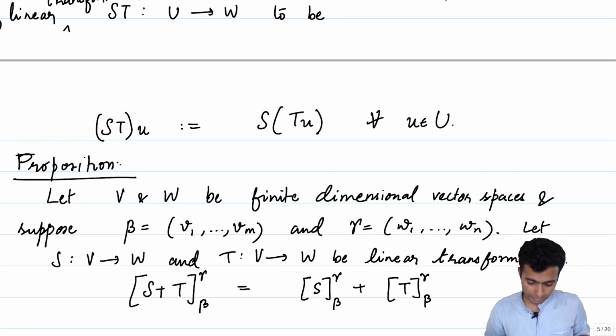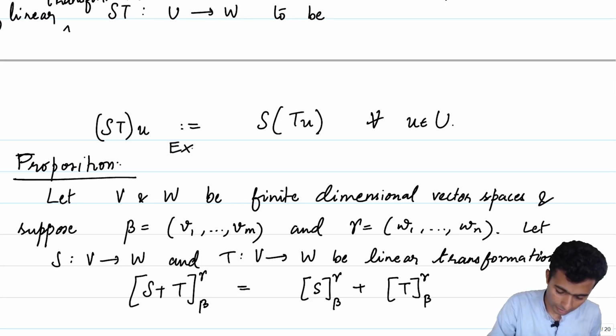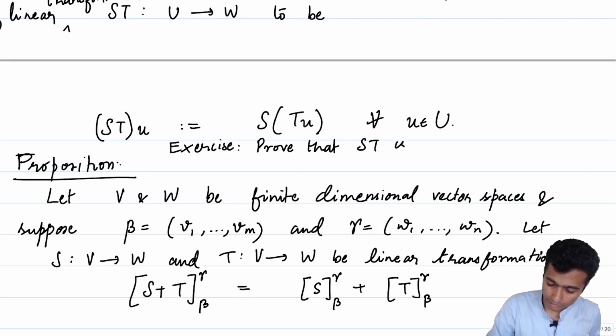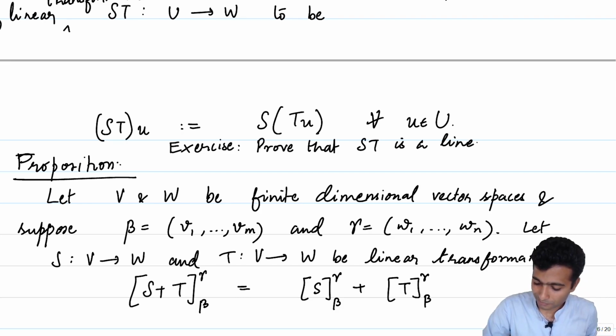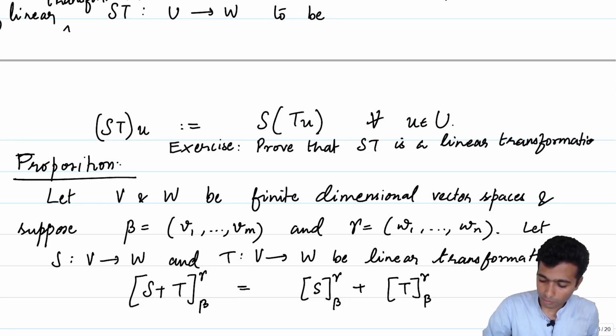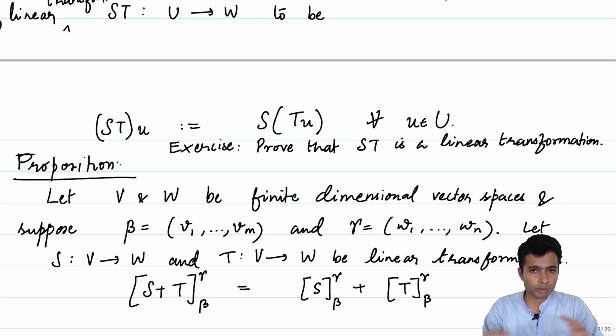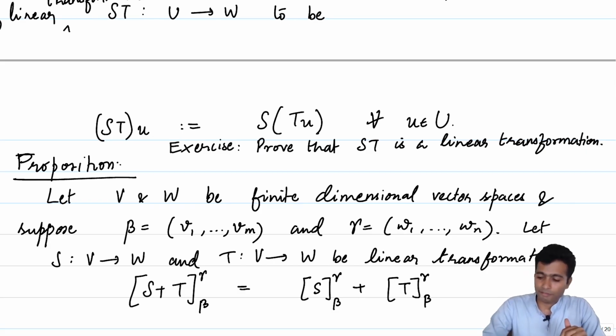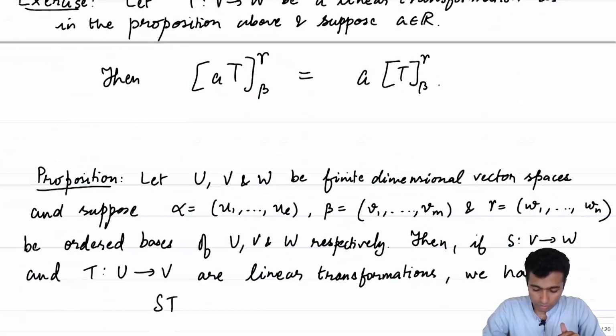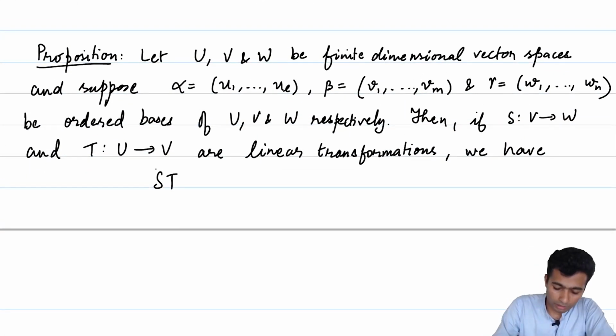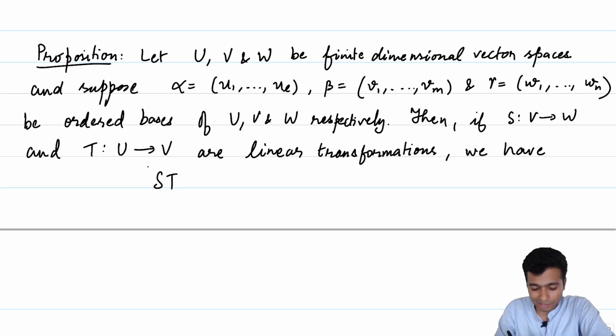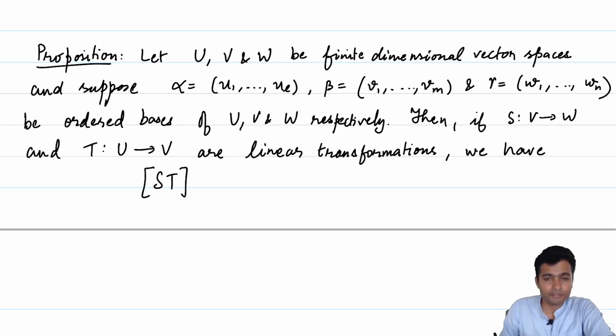So I would just like to give an exercise here. Prove that ST is a linear transformation. If you talk about composition of two linear transformations, you are not going to get some arbitrary function, you will again get back a linear transformation. Maybe we can work it out here, but before that, assuming that you have done the exercise,